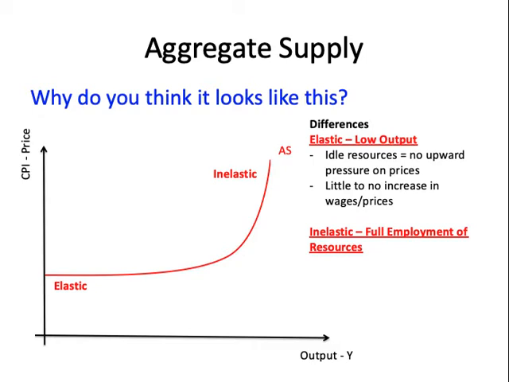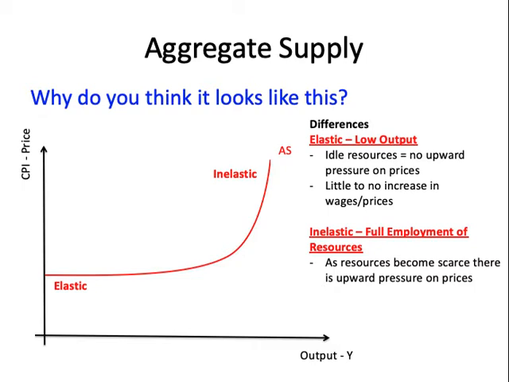You're going to notice near the middle of the curve, it just starts to increase much quicker. At that point, maybe more people have jobs. Maybe more resources are being used. And so it's becoming more and more scarce, right? As that happens, it's harder to get resources to increase your output. It's hard to acquire land. It's harder to get people to do jobs. And so if you want to increase your output, or continue along that x-axis, you need to pay more money,